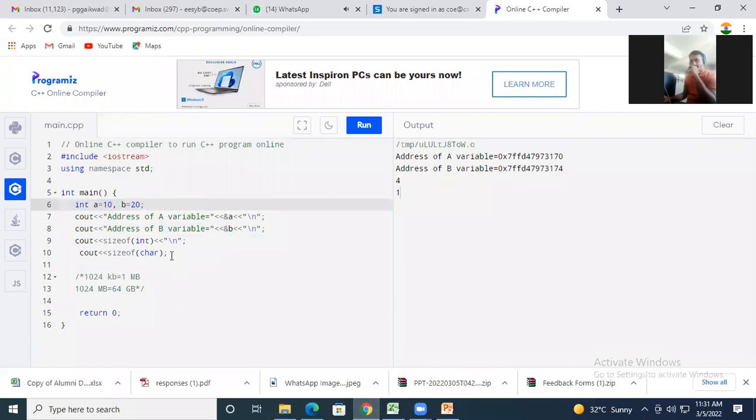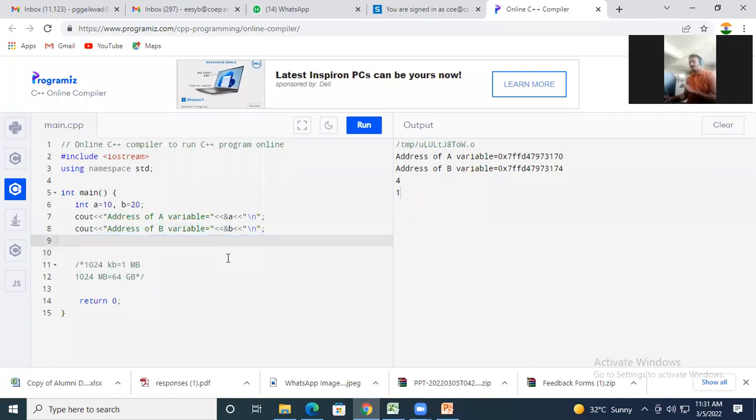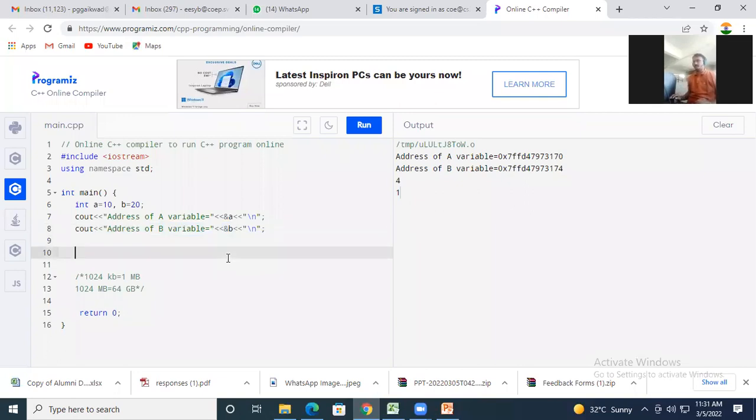Yes, sir. Okay, now just check. Okay, now I will remove this sizeof operator because there is nothing to do with sizeof here. It is